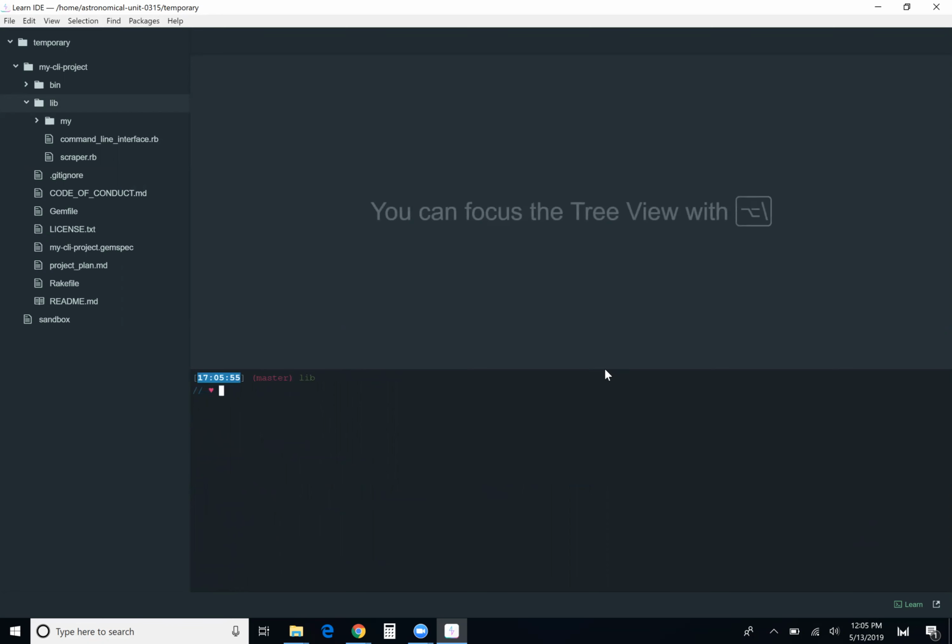And the way I've essentially designed this program is, in order to run it, I run and execute the command line interface.rb file, which will then execute, it'll call the scraper file as well. So I'm just going to go ahead and execute it, and then I'll walk through the code in a minute. But to execute the program, type in Ruby command line interface,